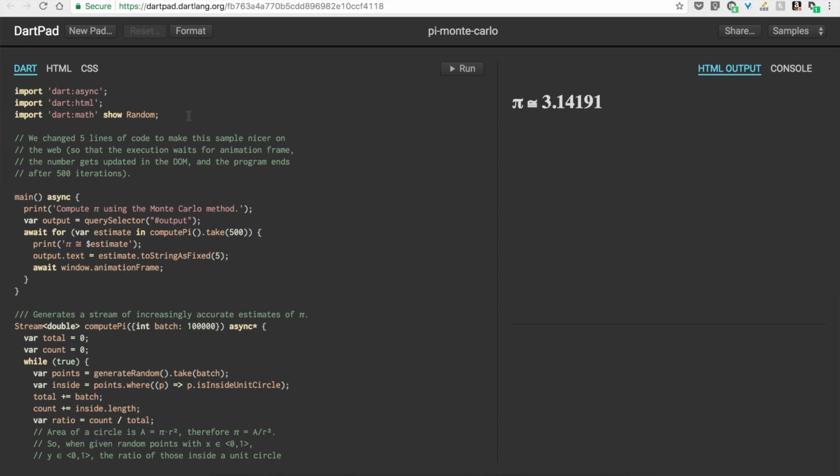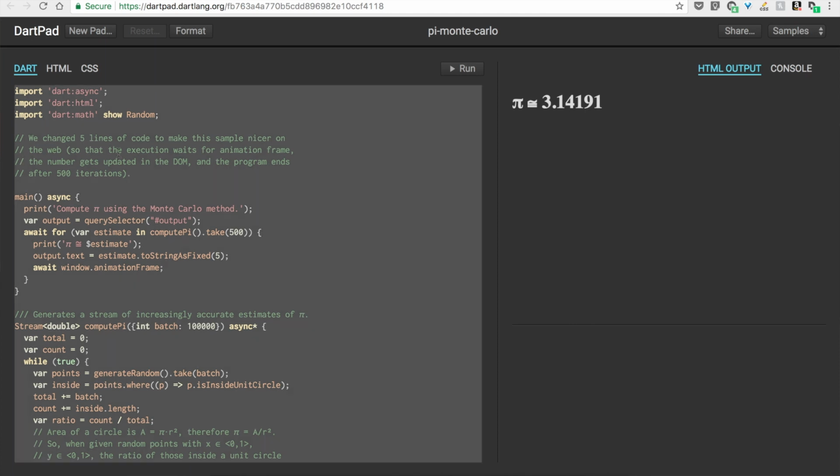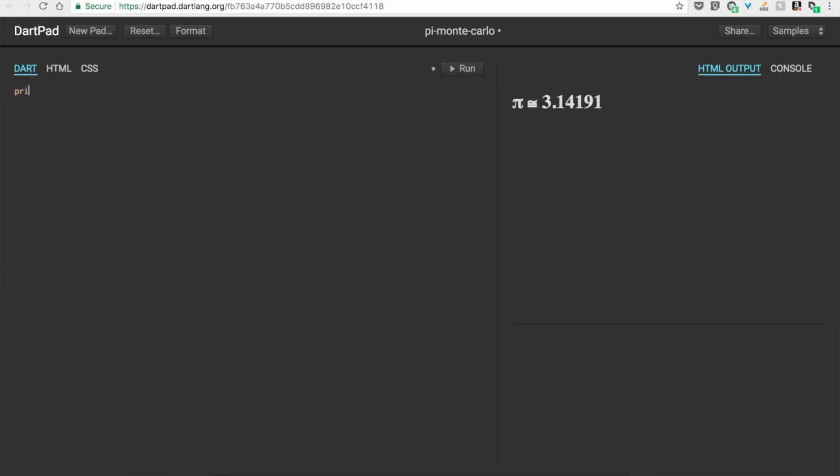Now, you can choose to do either one, and for the first example code that I'm going to show you in a few minutes, I'm going to show you stuff that runs on the server side, but it's the same code. You just decide which space you want to work in. So if you need a place to run Dart, right here I'm going to select everything and delete it, and I'm going to say print hello world. And in that space,